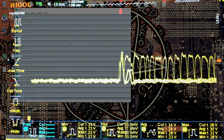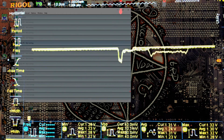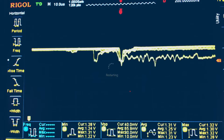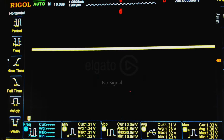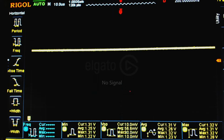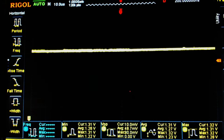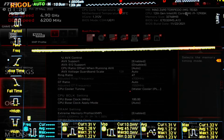Anyway, we're going to stop Prime95 again. Almost grabbed the wrong keyboard. And we're just going to restart. And we're going to try maxing out the switching frequency, which is actually going to make the minimums worse. So keep in mind that for an average voltage of 1.24 volts, we were getting minimums of 1.23 and 1.22. The absolute minimum was 1.22, and the average minimum was 1.23. And that's actually going to get worse once we max out the switching frequency, which is,